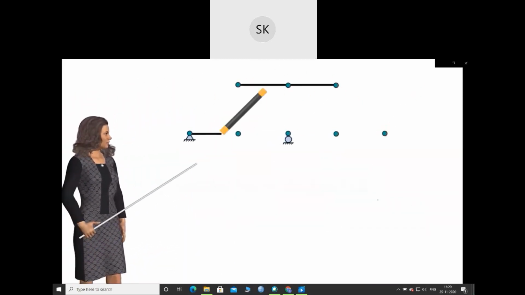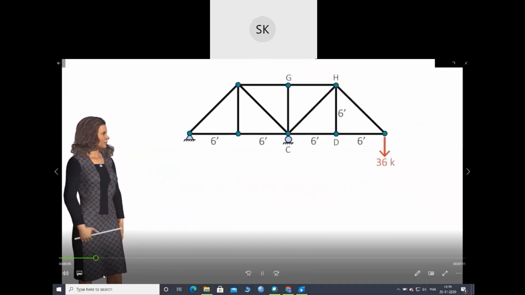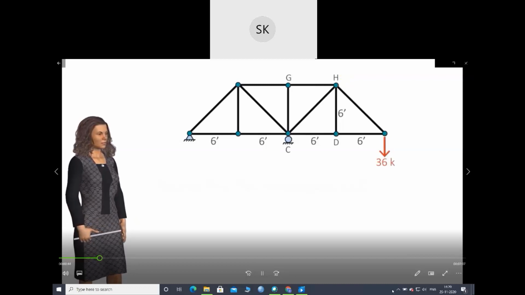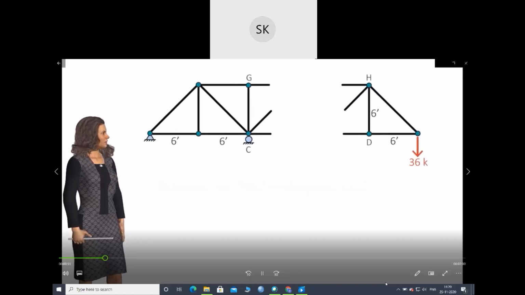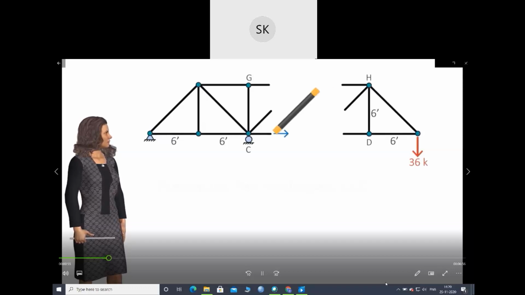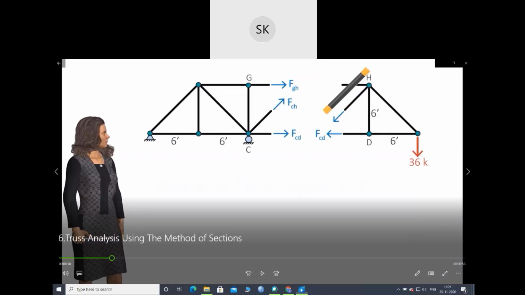Consider this statically determinate truss. Suppose we want to calculate the force in member CD only, without analyzing the entire structure. We can do this by cutting through a few truss members in order to split the structure in two parts. When we cut a truss member, we expose its internal force. In this case, since we have cut through three members,